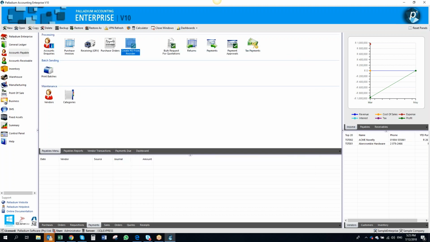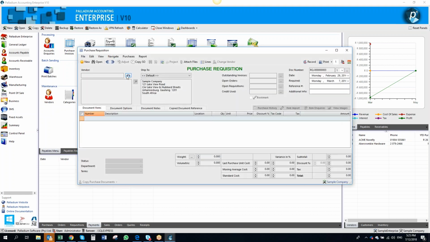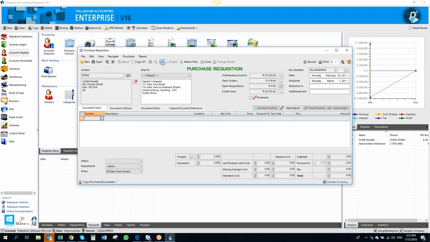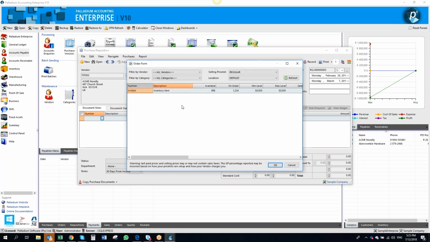So going back to my purchase order, wrong icon, I go into my request for quote. So I can choose my supplier. Like I say, I can copy from a sales order, or what I regard as Palladium's best kept secret. Although I said that last night about the freehand quotes, we've got a little mini order form in there. So the order form will tell you what you buy or what you need to buy, and there's your inventory items, and there's my to order quantity based on my minimum maximum levels. And you can refresh that on the criteria up there. There's my available, on order, minimum level, maximum level,